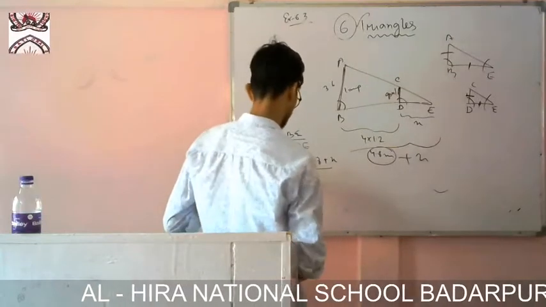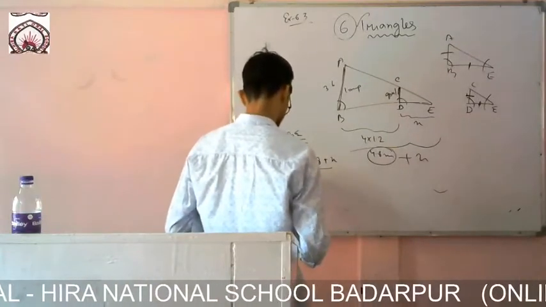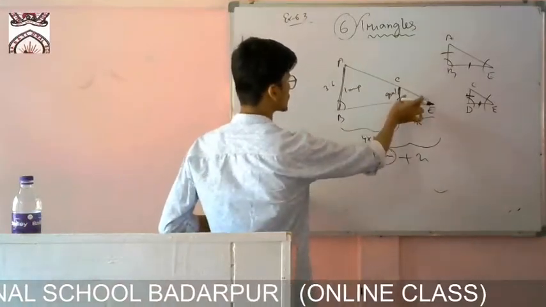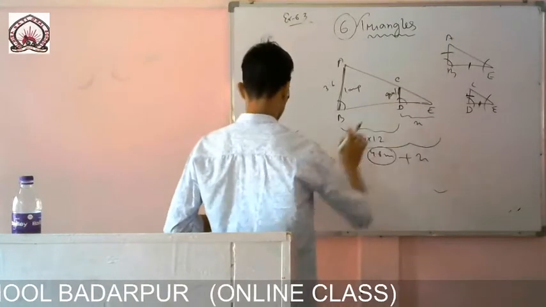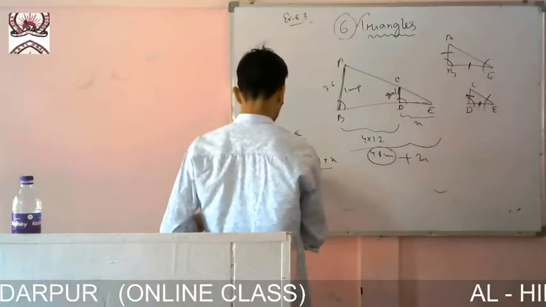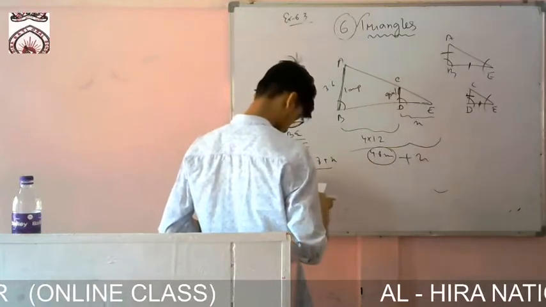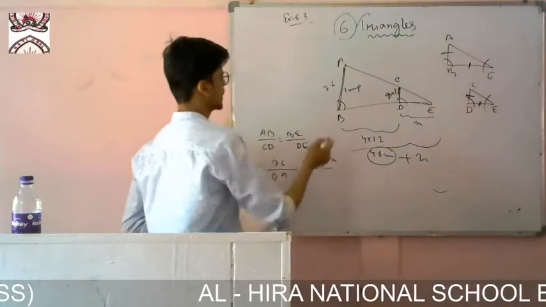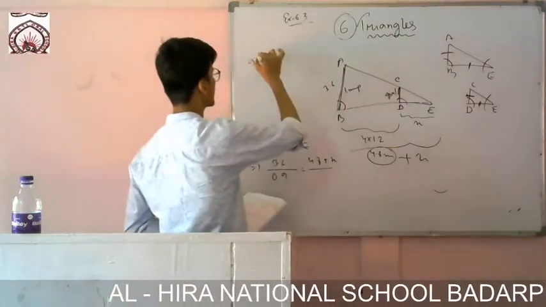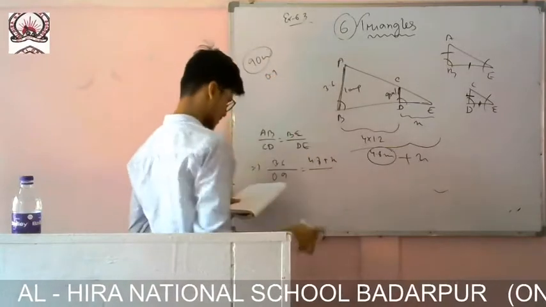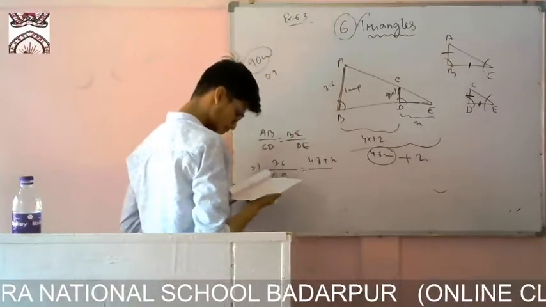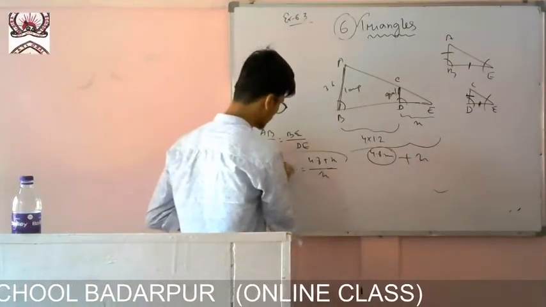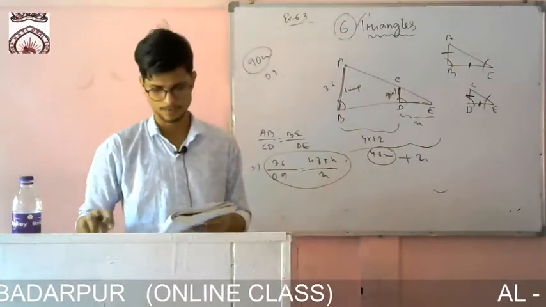And DE, what is it? Sorry, why CD? CD is the height of the girl, it is given how much? 0.9. 90 centimeters is given, no? The height of the girl is given as 90 centimeters. If I convert it, it will be 0.9, because all of them are in meters. You have to convert it. So it became 0.9, and DE we have taken as X. Now you solve this one, you will get the value of X.